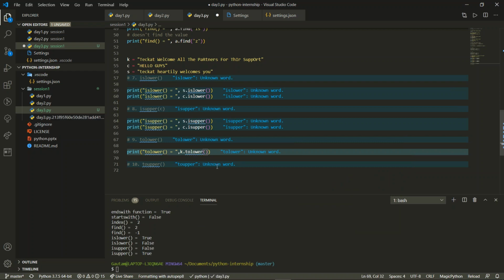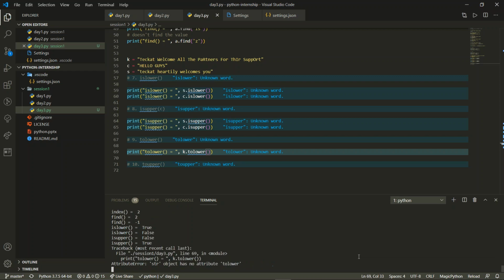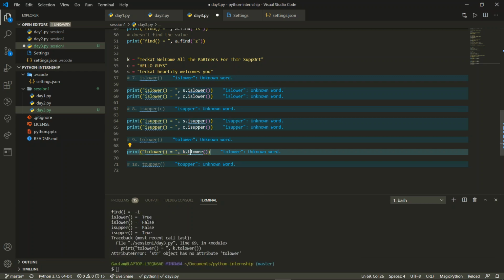Okay, we use K dot to lower. Now I believe it's not to lower, it's lower. Maybe it is lower. Let us see. Yeah, it's not to lower, it's lower, I believe. Let me check it once with this. Yeah, you find K was a jumbled string, and we have changed everything to lowercase.